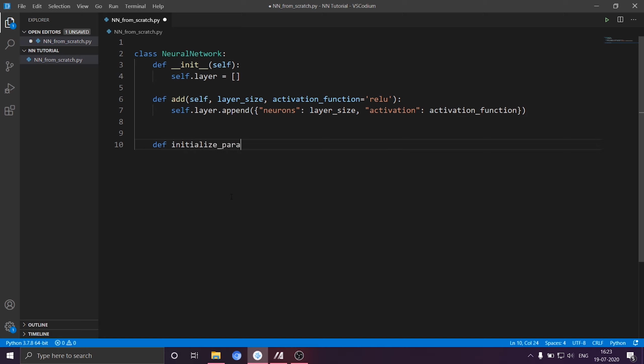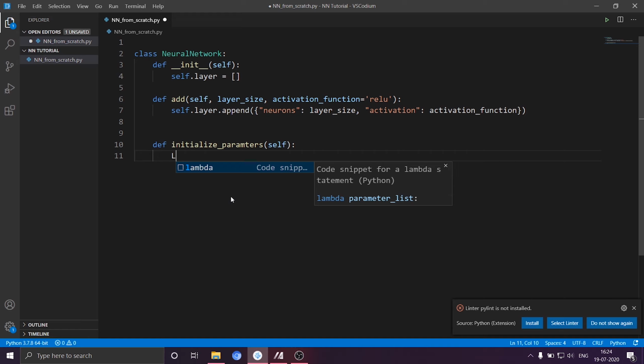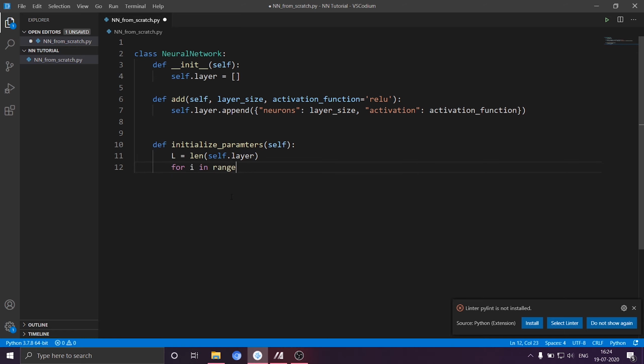parameters, and I don't think we need any arguments for this, and actually we will be only calling this function one time. So we need to find out what is the value of L, which is equal to the number of layers inside this neural network, which will be equal to length of self.layer, I believe, yes. And now for i in range 1 to L, we can simply do